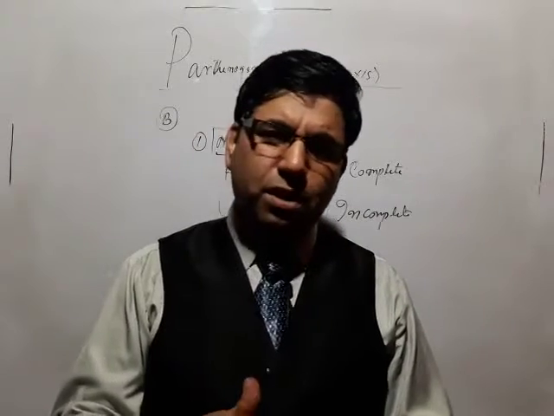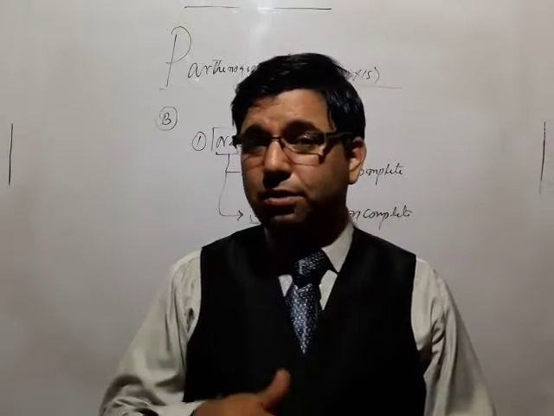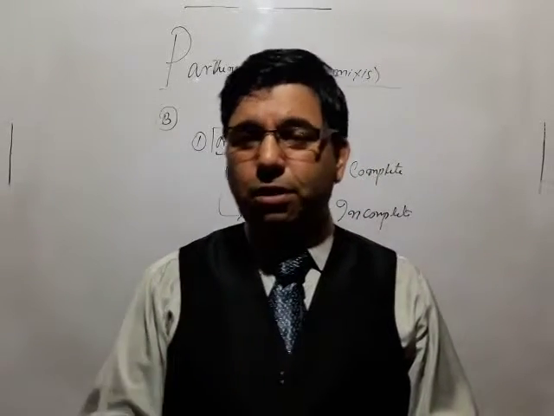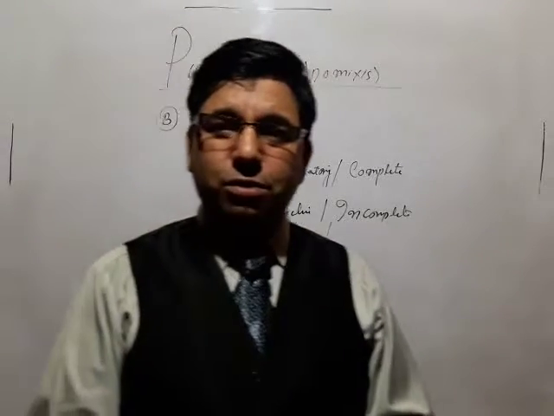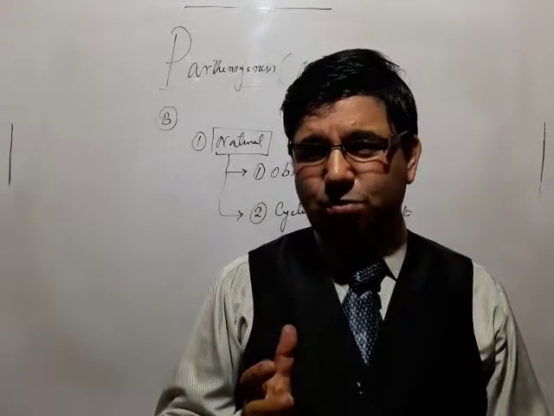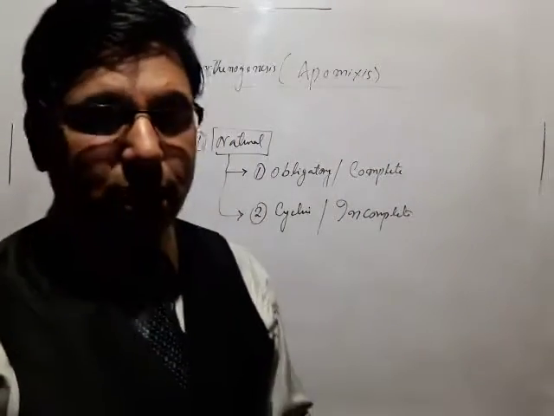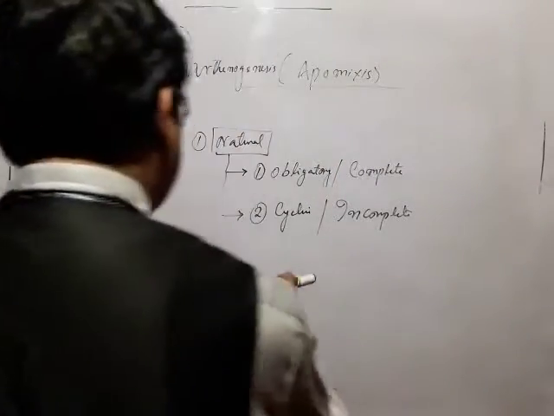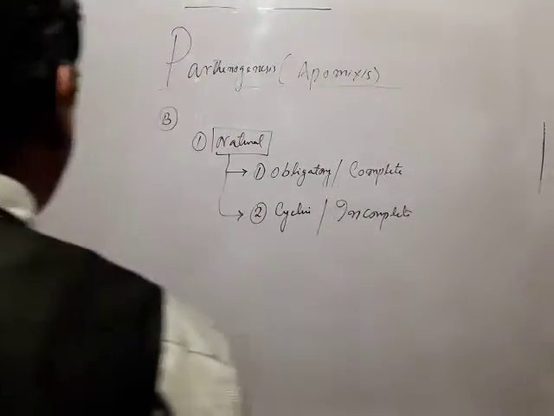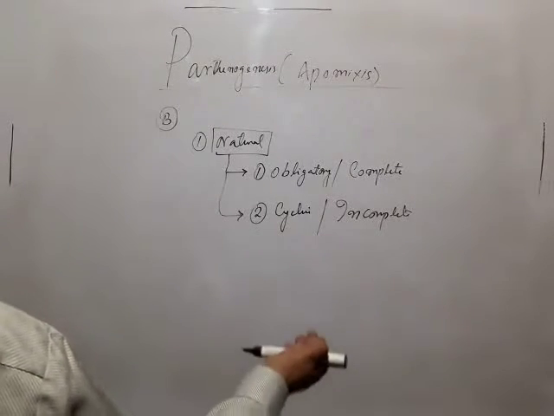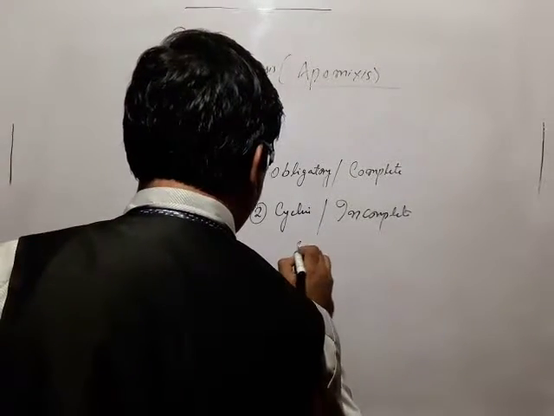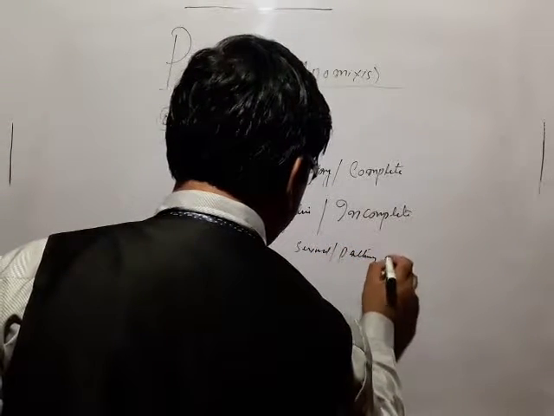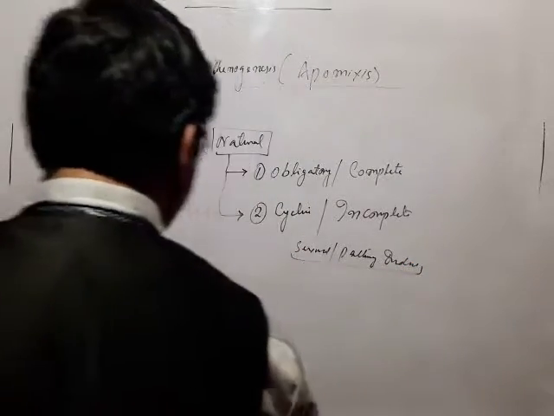They are haploid, so fertilization is absent in males. So males are formed parthenogenetically, but females are formed through normal sexual reproduction. This is what's called incomplete in the case of honeybees and many ants, wasps, even gallflies. So this is called cyclic or incomplete. Here we have both sexual and parthenogenetic individuals.